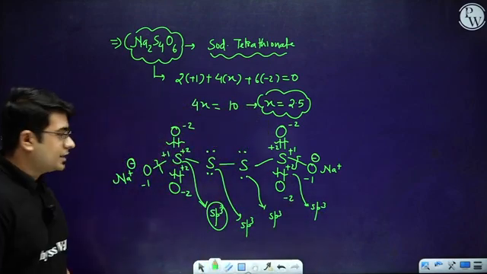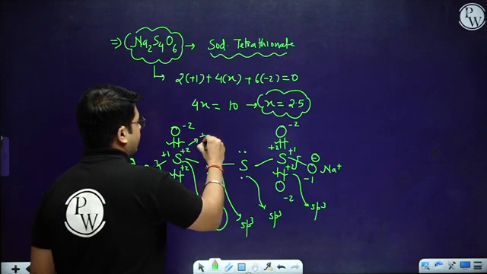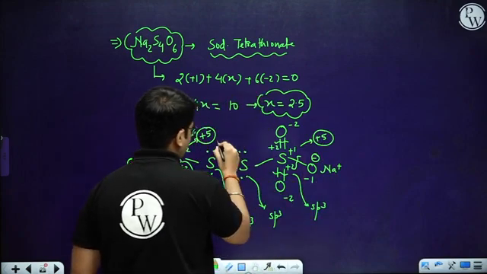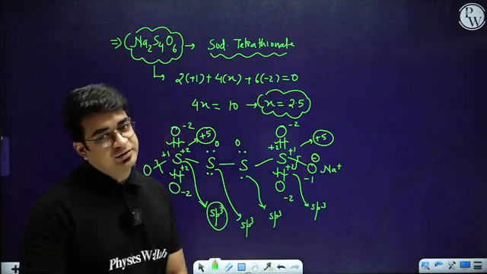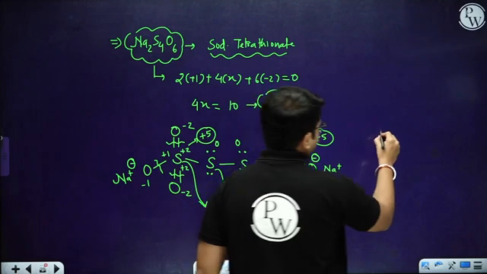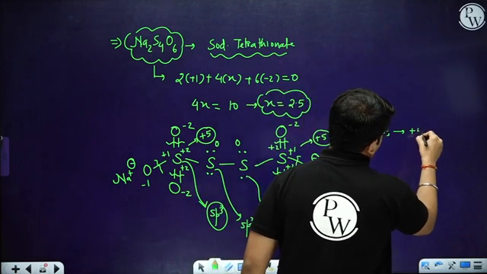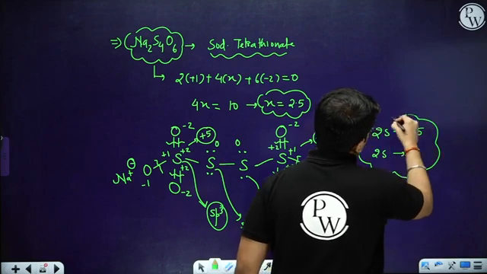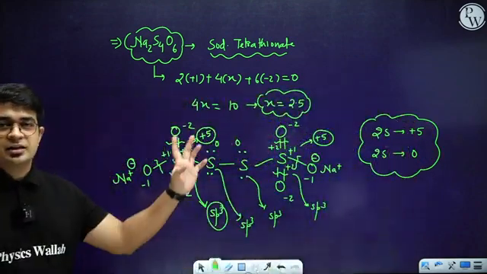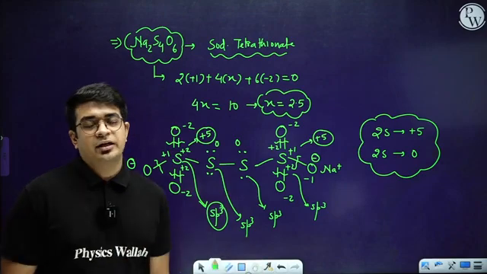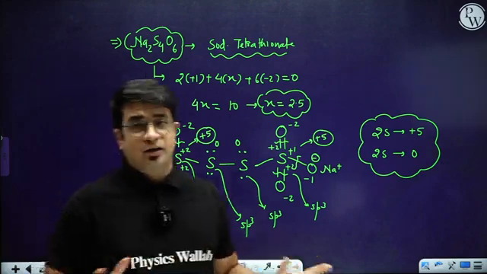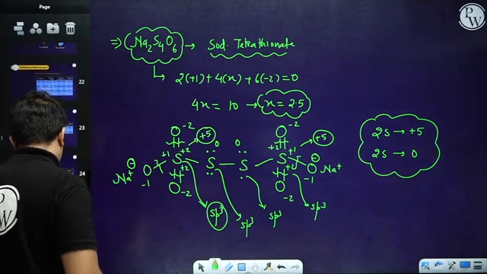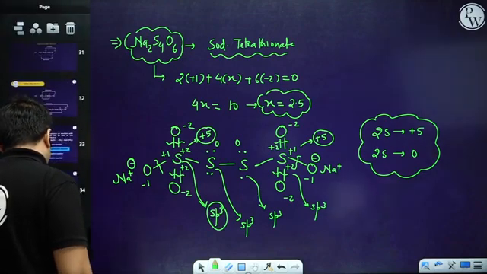So you can simply say in this particular case that this sulfur will contain +5, this sulfur will contain +5 and these two are 0 and 0. That's all. So it means 2 sulfurs are having +5 charges and 2 sulfurs are having 0. That is the individual oxidation state of each sulfur in this particular case. And that's how you can calculate different portions related to the oxidation number. I hope this entire portion related to the calculation of oxidation number is clear to everyone.